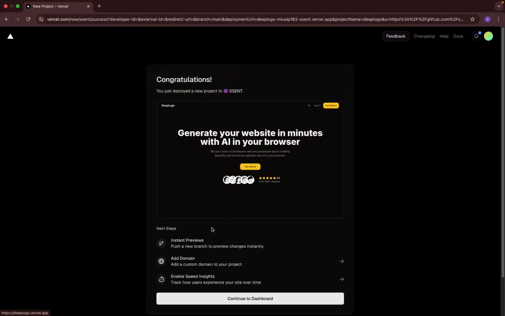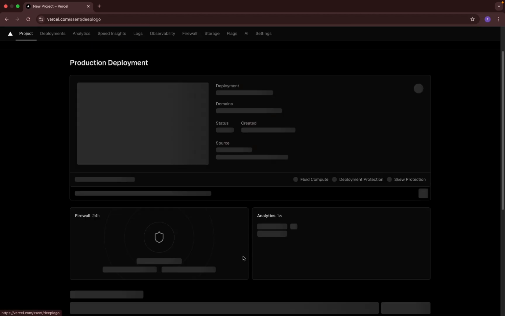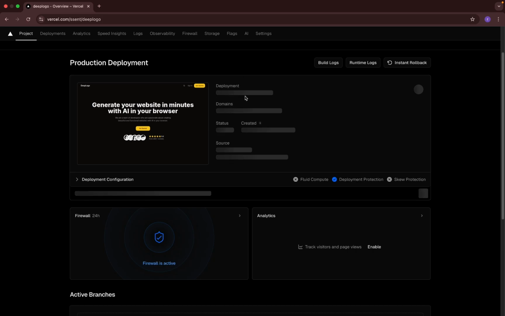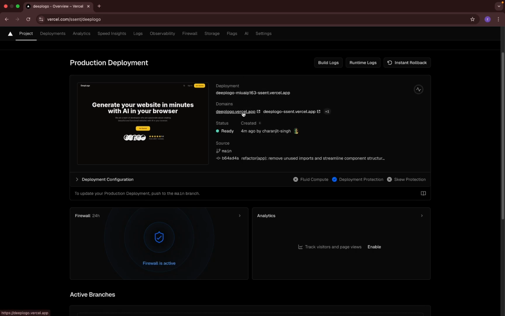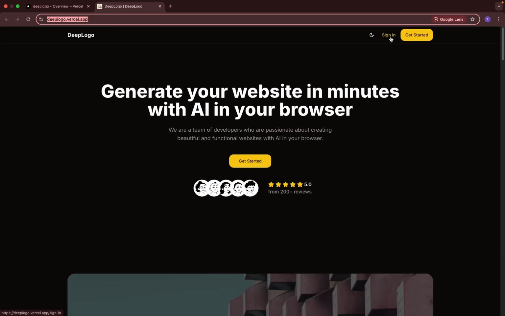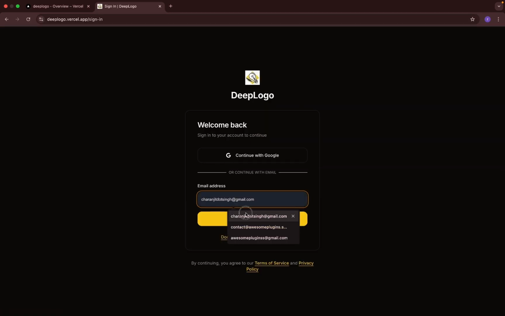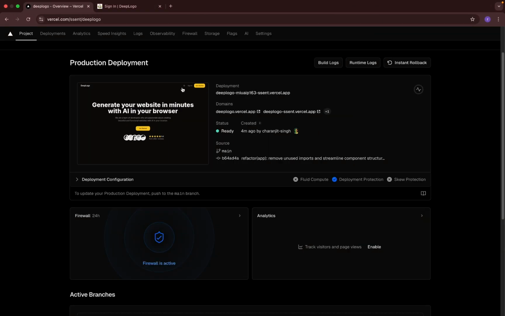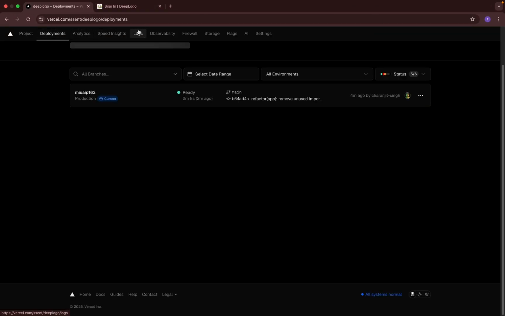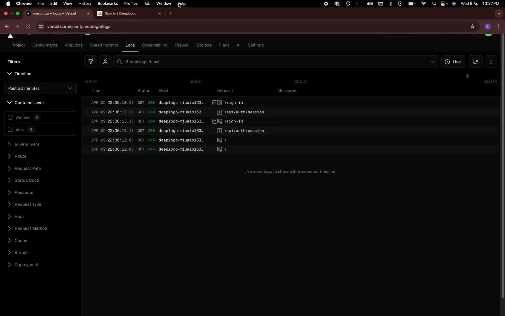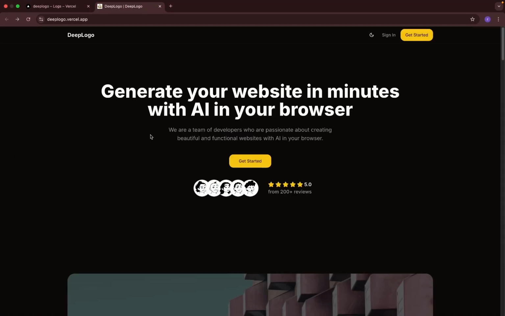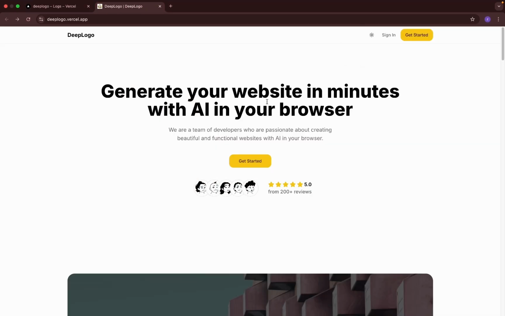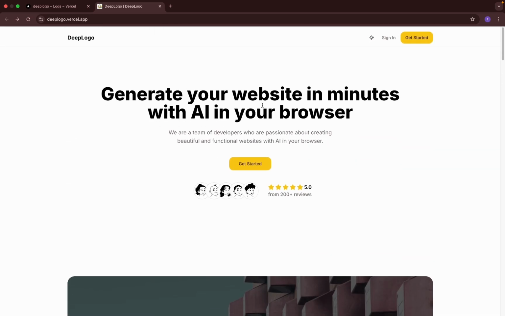Our Vercel application is deployed. Let's see how it looks. So this is the domain name, deeplogo.vercel.app. Let's click on sign in. If I'll click here, alright, so it's printing on here, I think. So we need to implement that feature where we actually have to send emails to the users